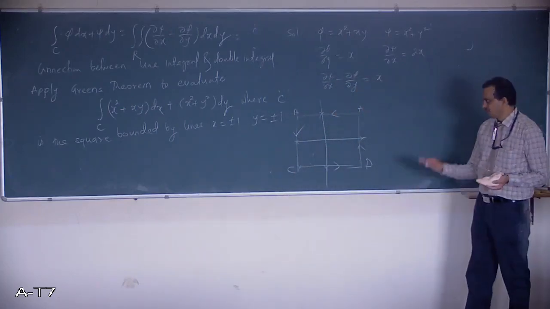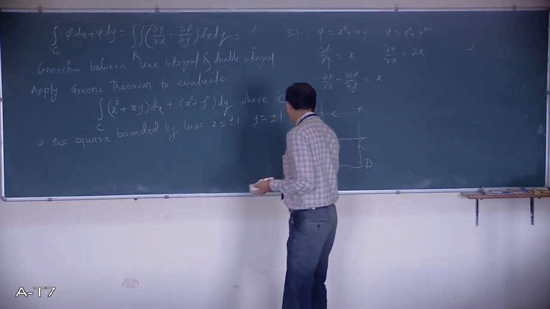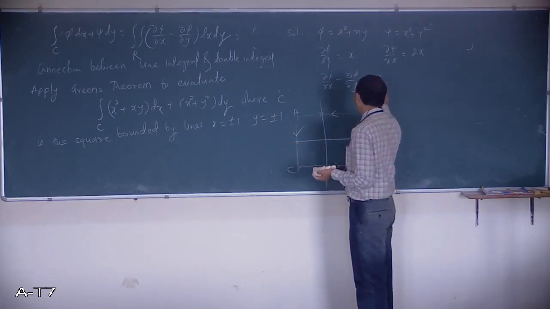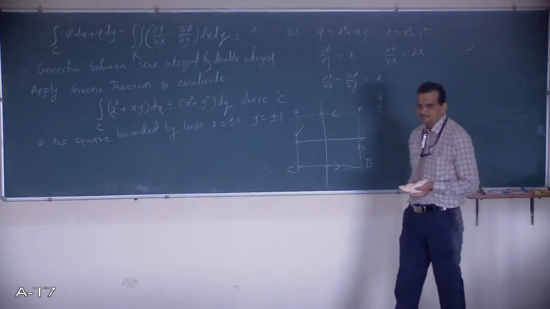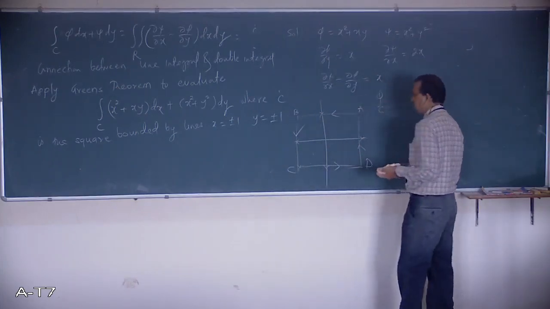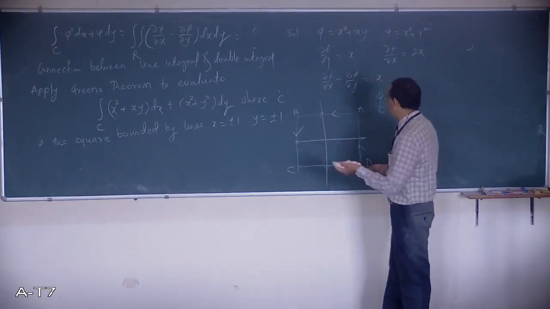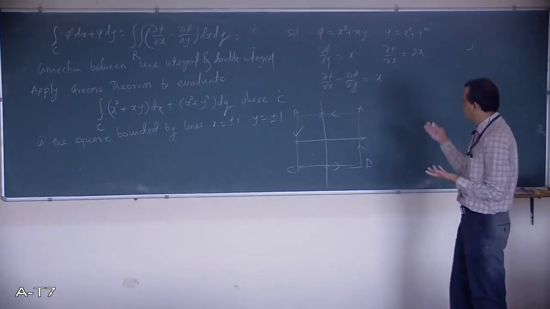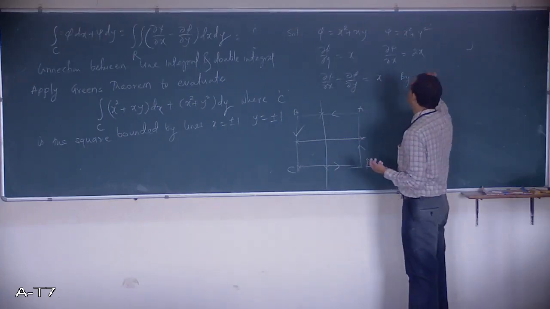If you are going along the line integral, that is the LHS as usual method, then you have to find the line integral along CD, DA, AB and BC. Hence it looks like this because it is a closed curve, as I said. They have not mentioned that rectangle, but that is understood here. So you have to evaluate these 4 values. But when you have that double integral advantage, you need to just take the difference and just evaluate the double integral. By Green's theorem,